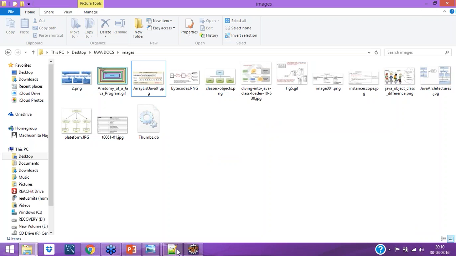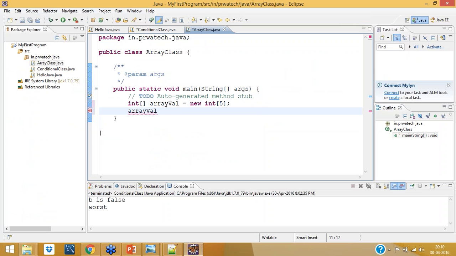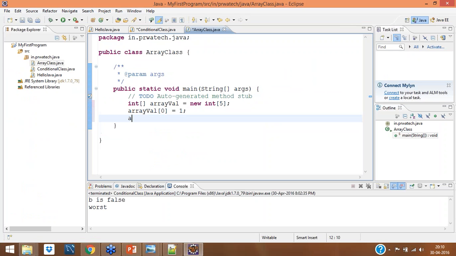So how will I make it? Array val of 0 equal to 1. Array val of 1 equal to 1, 1.